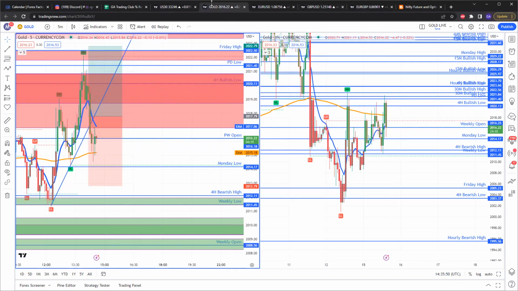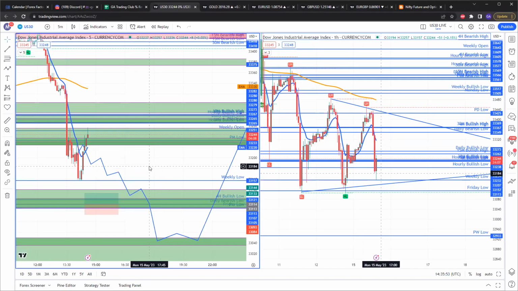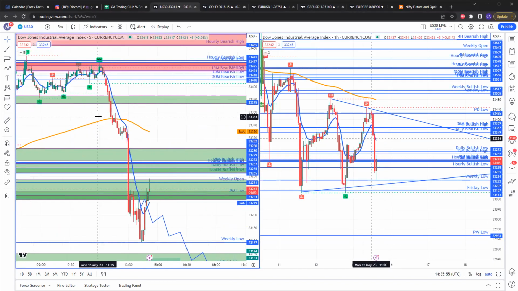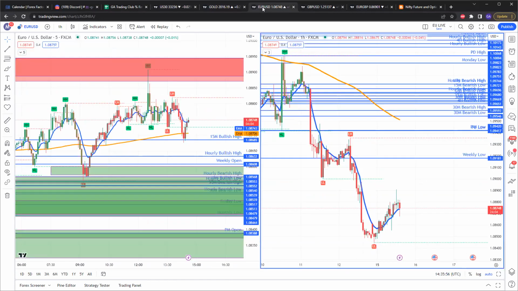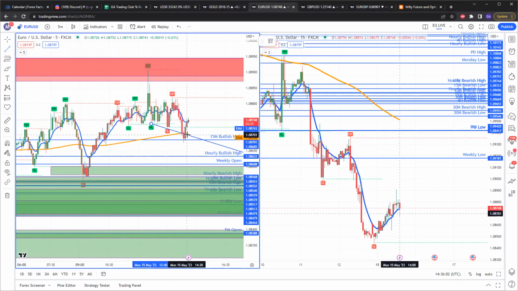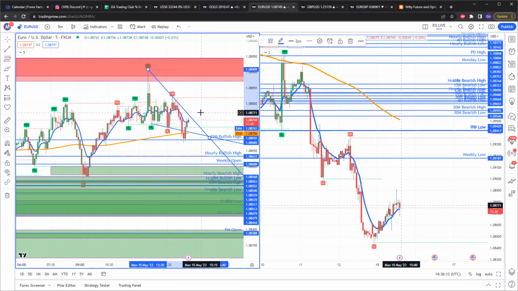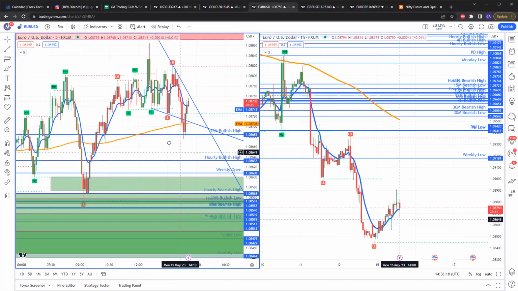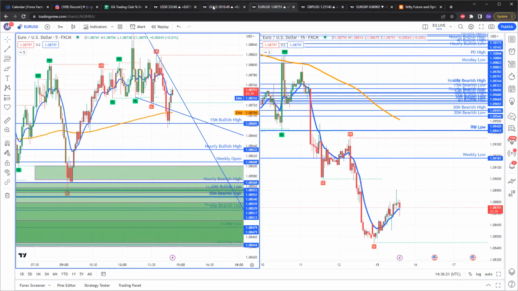The only thing with gold, so you can see all these other instruments, we have static trend lines. We don't have static trend lines on the 5-minute for US 30. For EU, we do not, we have this high low to this. So remember, a static trend line always has to connect two high-low points. So that's a static trend line. For EU, you can see EU is squeezing. We do have an hourly bullish. So for EU, we have nothing but bullish zones even at the bottom. We do have an hourly bearish high. But you see for gold,